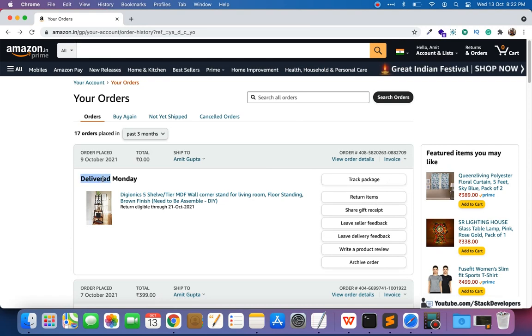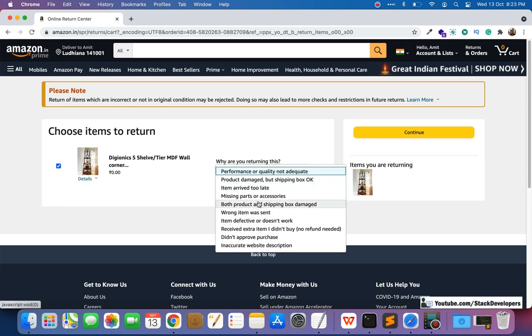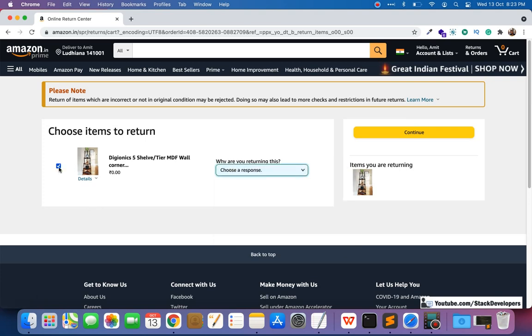Like whenever the status updates to delivered, then we are going to show the return item. So before, cancel was appearing, but now the return is appearing. So I'm going to click on return here. I'm not going to return this one, just going to show you. Okay, see, I will click on return. See, here you can see choose item to return. So here you can see the item has come up, and the return reason, that why do you want to return. See, if there is more than one item, then it will show the other item as well. Okay, then it will show you the other item, multiple items.